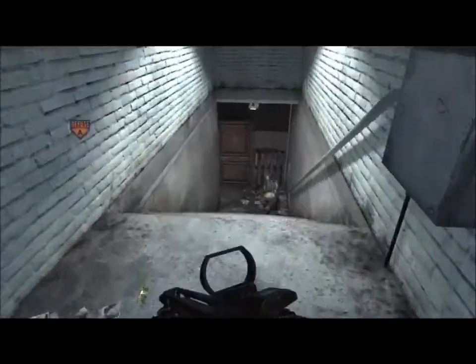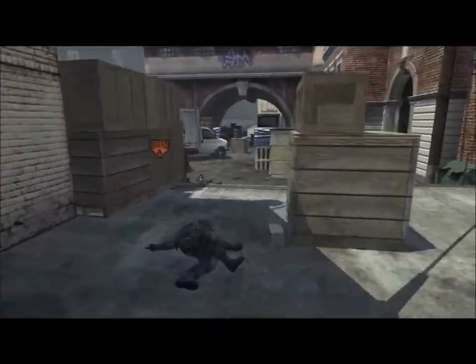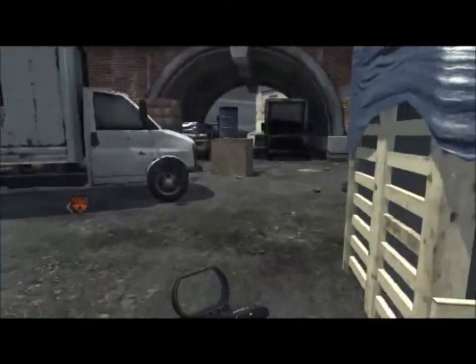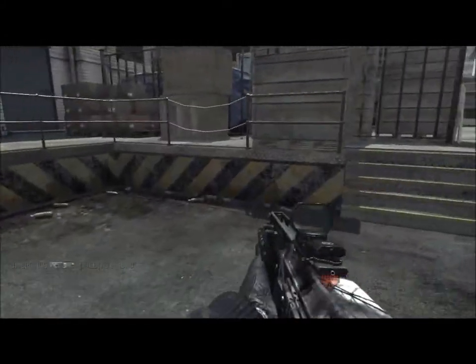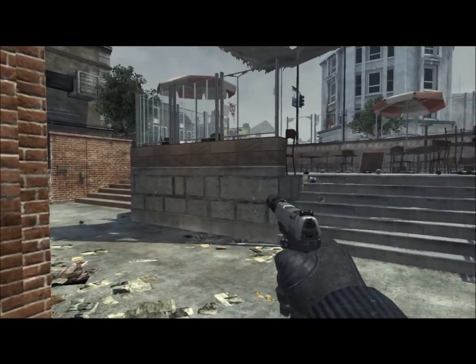Because if all 3 of you at the same time run up and call up your UAVs, you're going to have an advanced UAV right there. And you didn't have to get, I think it's 10 kills maybe for advanced UAV. 10, 12 kills. And this right here, I could have defused the bomb, but I picked up the weapon by accident. But with that being said,